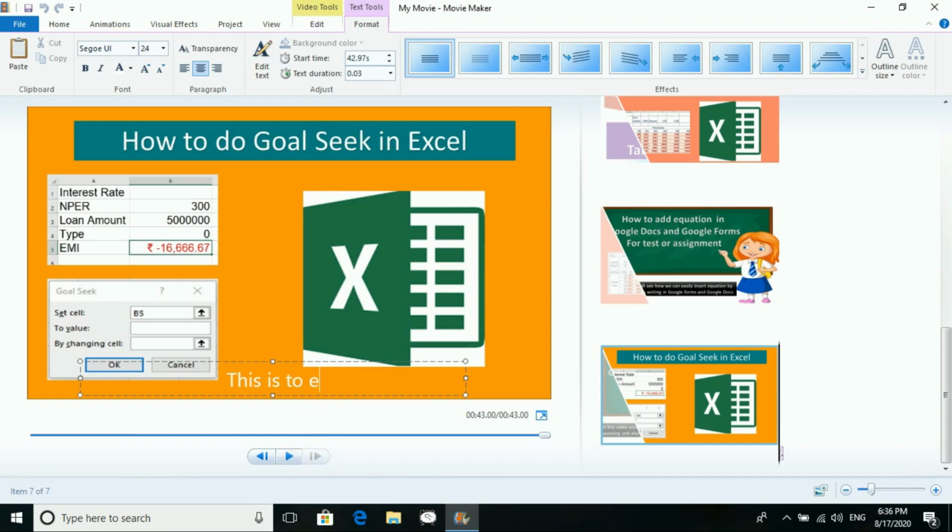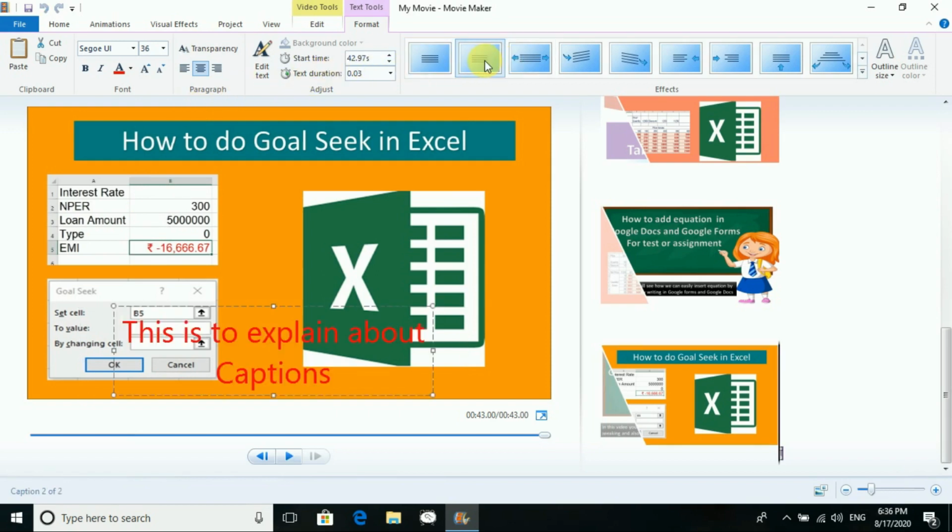This is to explain about captions. Okay, I've written now. As I write it over here, you will see again here it is available that I added the text, right? You can see that added the text. If you want to change the color of the text, you can change the color of the text. You can see that it has been changed, giving the transparency. If you want to give the transparency over there, and if you want to change the size of it, yes, you can change the size of it.